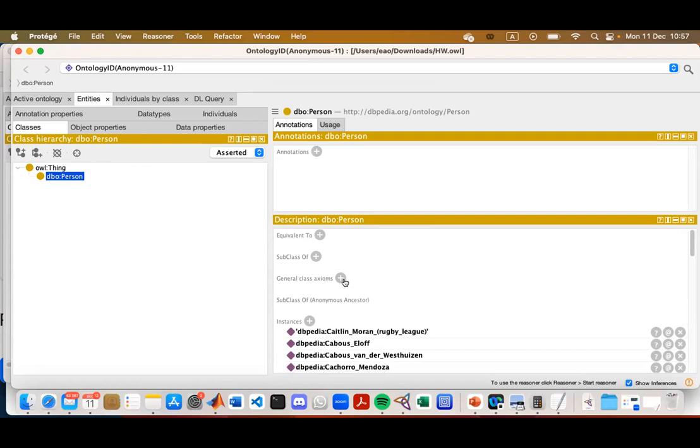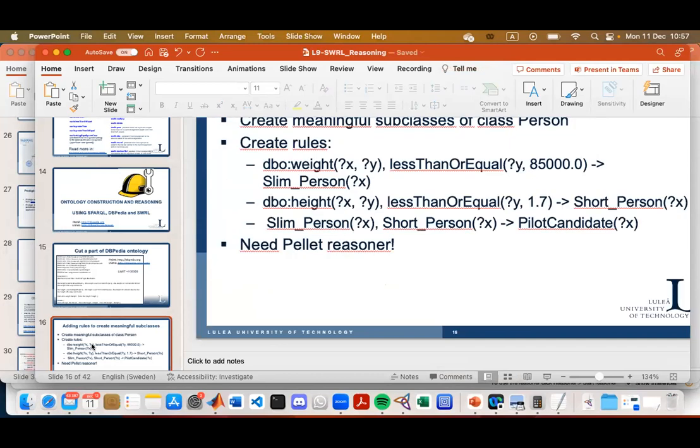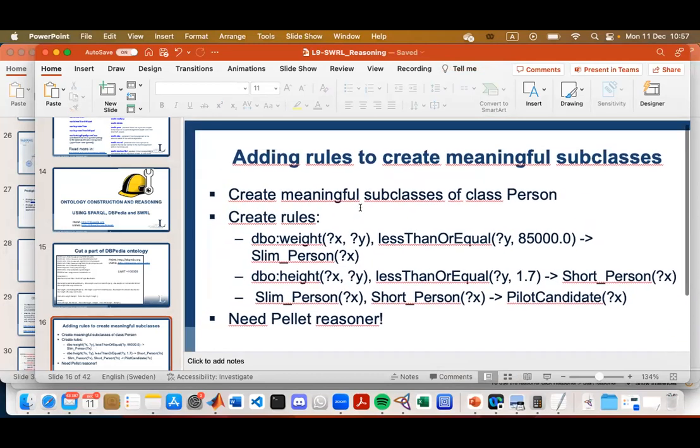Now, we want to work with this ontology, and for this we want to create rules. Let me go back to this slide over here. We want to create other meaningful categories.